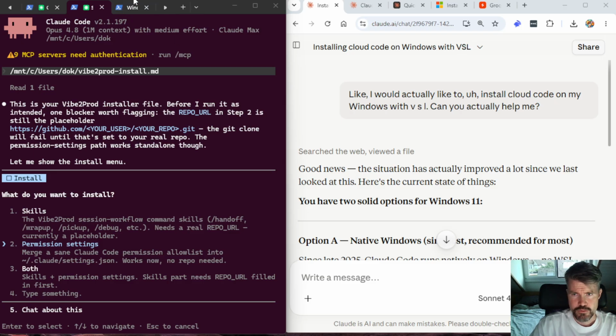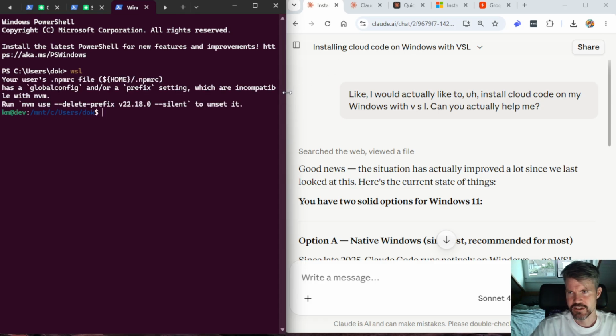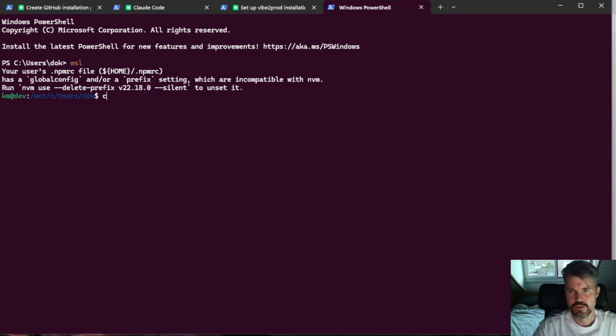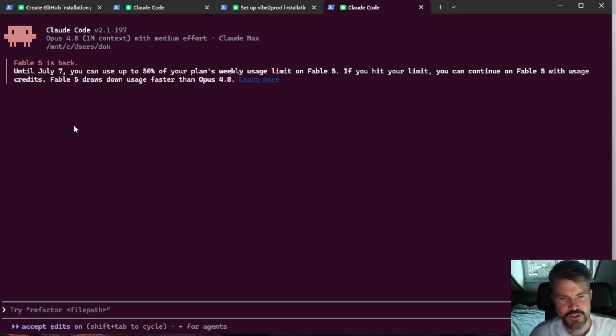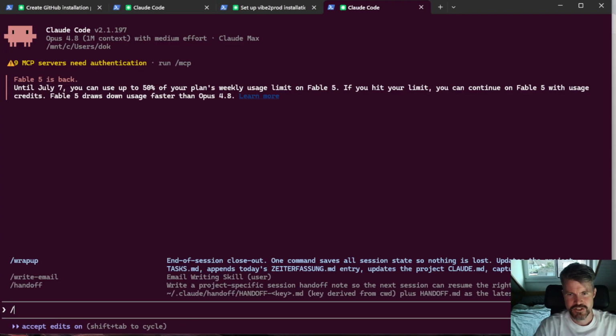When I start a new project, I'm just going to show you how I'm actually entering into Claude from PowerShell. So just do WSL, and I'm going to make this here a bit bigger, and then go into Claude. And before we start with the project, I'm just going to show a few things that are pretty useful, and also pretty cool news. Fable 5 is back, and we might actually be using Fable 5 for this,